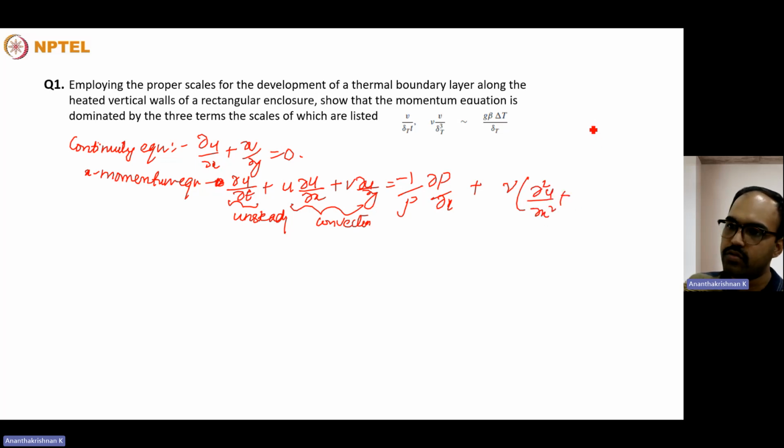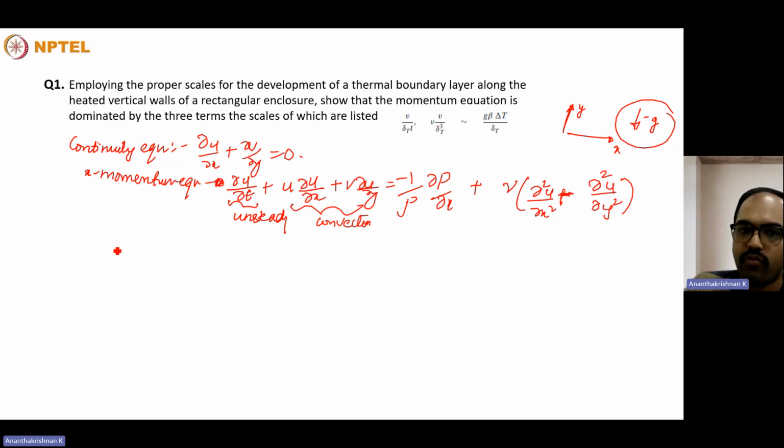What we assume is that x is the horizontal direction and y is the vertical direction. So the gravity acts in the negative y direction. The presence of the buoyancy forces will be only in the y momentum equation. That is the basic difference of this compared to the forced convection in a vertical channel. And the y momentum equation will be